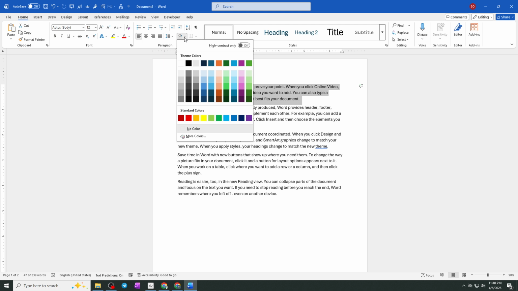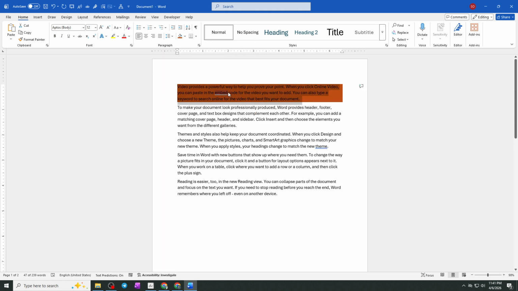From the color palette, choose the shade you want to apply. As soon as you click on a color, the selected paragraph will be filled with that shading. This effect spans the entire width of the paragraph, not just the text, which makes it ideal for highlighting notes,